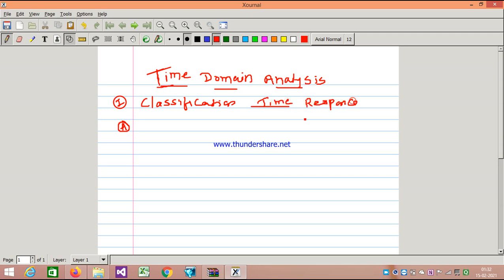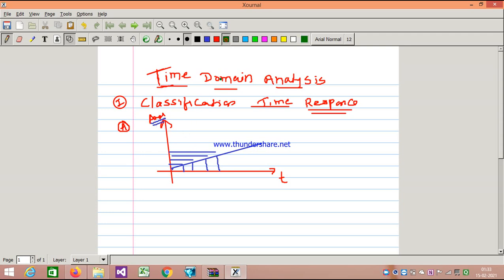Before we start, what is a response? What is meant by response? Suppose this is the graph, and on the x-axis we are taking time, and on the y-axis we are taking amplitude. See, this time response is very small: as time increases, output increases, but the increasing ratio is very small. This is the first curve, so we call this a response of very small amplitude.